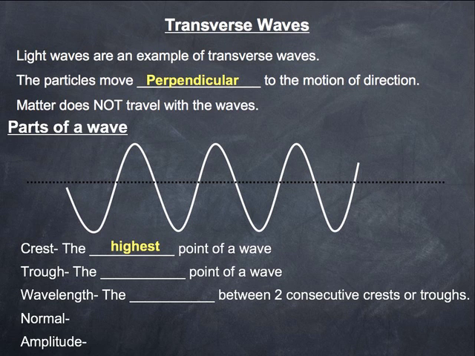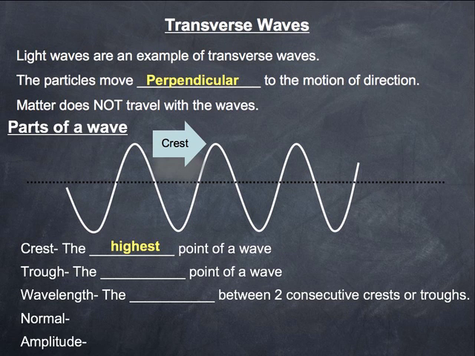Okay? We could talk about a few aspects of it. We could talk about the crest of a wave. Crests are the high points of the wave. So this is a crest. This is another crest. This is another one. We're going at like the light speed. All right, anyway, a trough